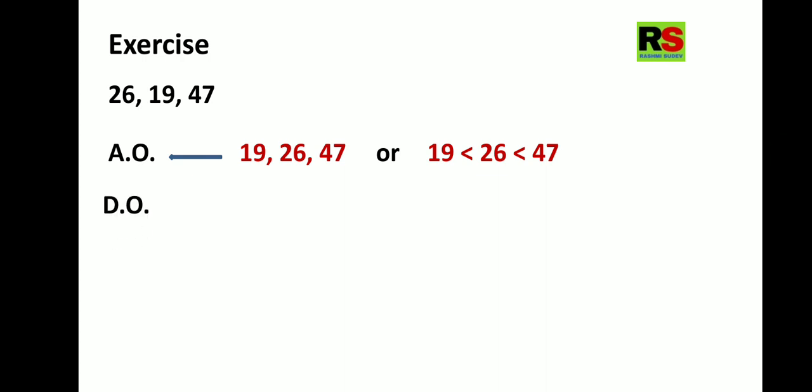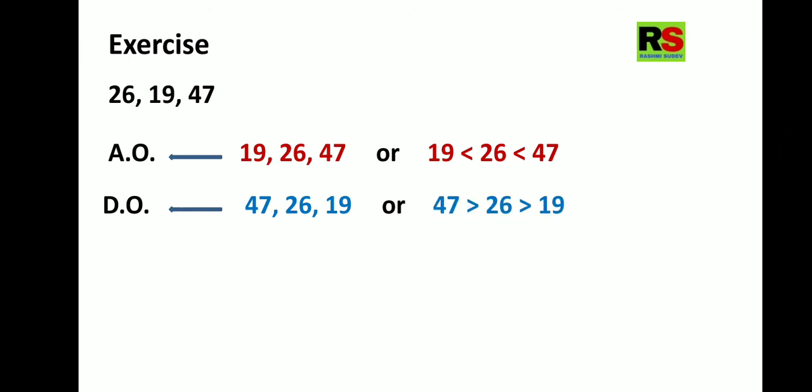Let us see the descending order. 47 is the biggest number. So 47 comes first, then 26, then 19. This can also be read, written, or compared as: